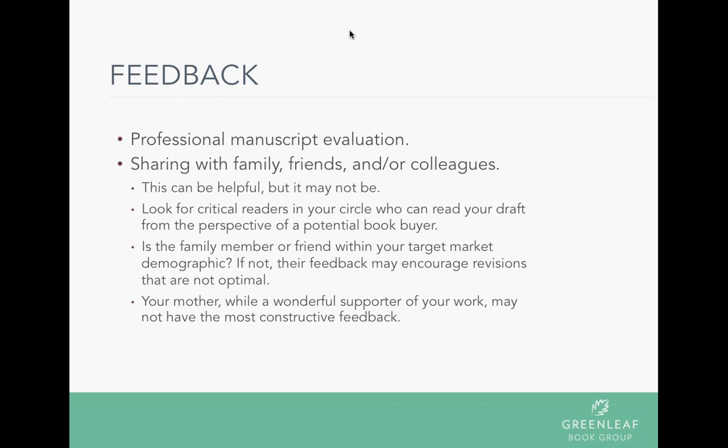So you might send your manuscript to a publishing house like Greenleaf, where we do diagnoses, and we're happy to tell you what we think about your project and what we might do to support its publication. Or you might send a proposal to a publishing house. They're not going to give you really a manuscript evaluation, but you're going to get some kind of feedback one way or another. So I would encourage you to talk to a publisher who can offer you an evaluation,